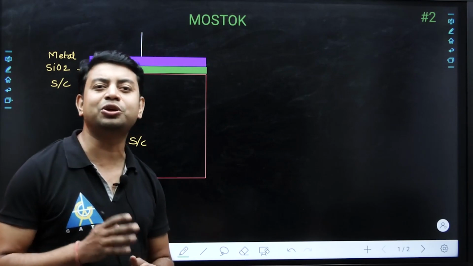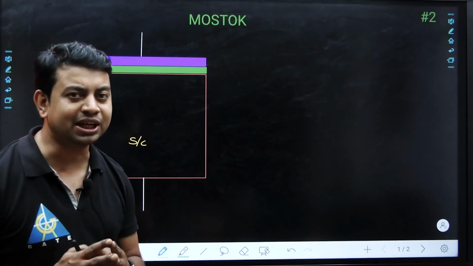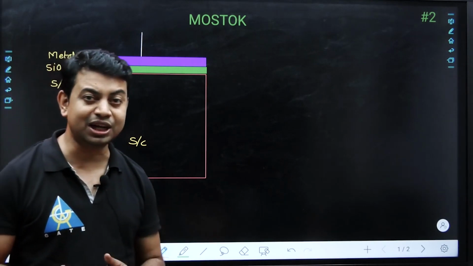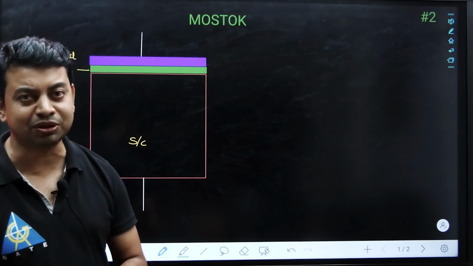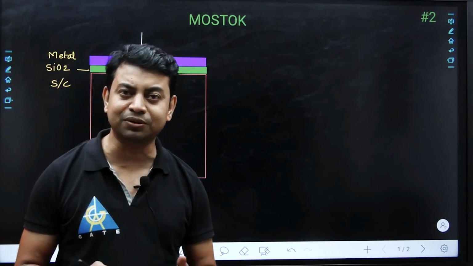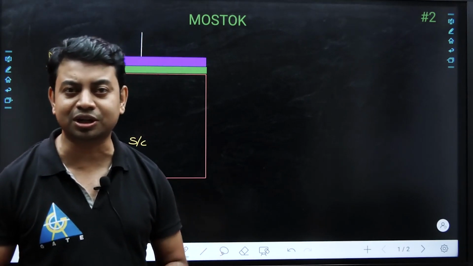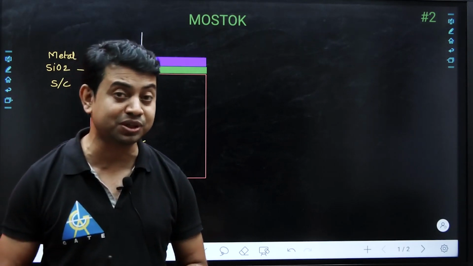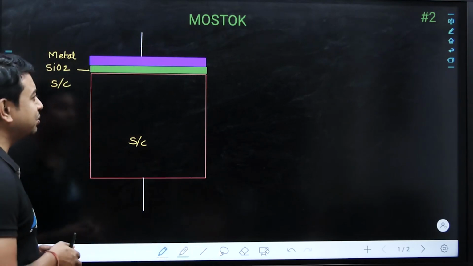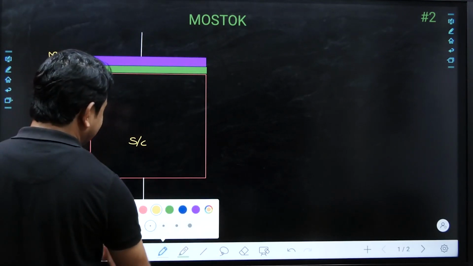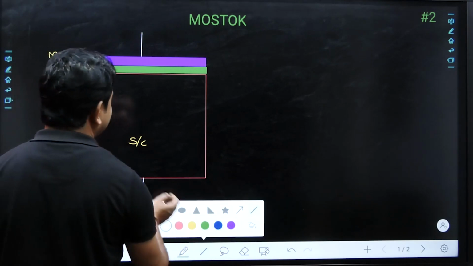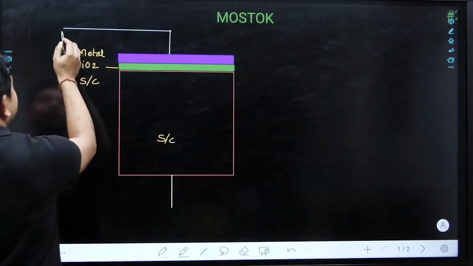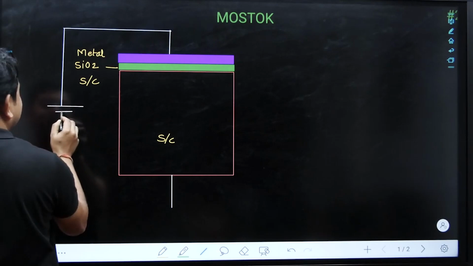In the previous session, I told you that there must be an electric field that is responsible for the name of this metal oxide semiconductor. I analyzed what is the meaning of field effect transistor, and we found that the field effect transistor is nothing but a phenomenon by which we apply a vertical electric field which is responsible to increase the conductivity of the semiconductor at the surface of the semiconductor. If you analyze that, then we come to know that we have to apply an electric field, and that electric field can be applied in this metal oxide semiconductor by connecting a voltage source from this metal terminal, and this voltage source can be connected in this way, like this.